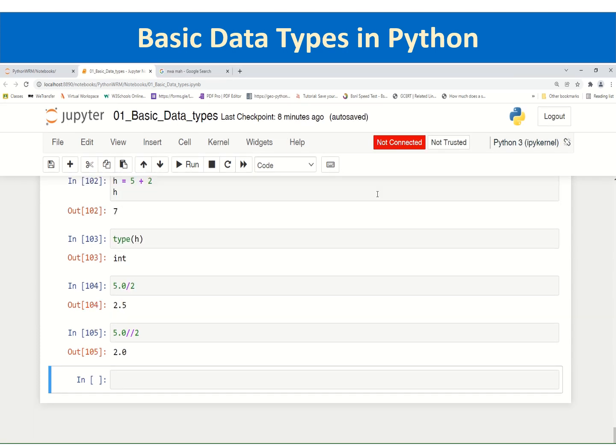And then there are some other operators which are available, like the exponential operator, which is represented by two asterisk signs, 2 star star 2, that will give 4 as a result. It is 2 power 2. Then the modulus operator, which gives the remainder. When operating the modulus operator between two integers, it will give the remainder after division. Like 5 modulus 3, the operator is represented by the percentage sign, 5 percentage sign 3, it will give the remainder